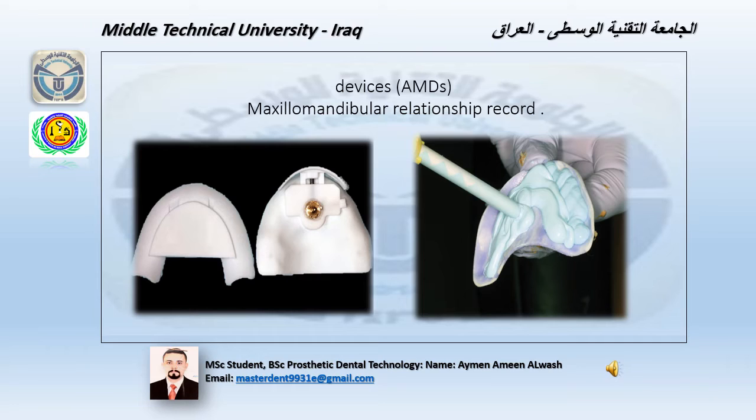The upper tray have the screw in the center of a plate form, and the lower tray have a flat